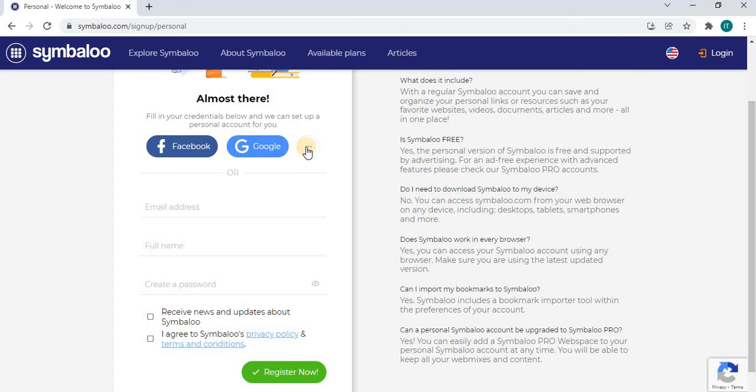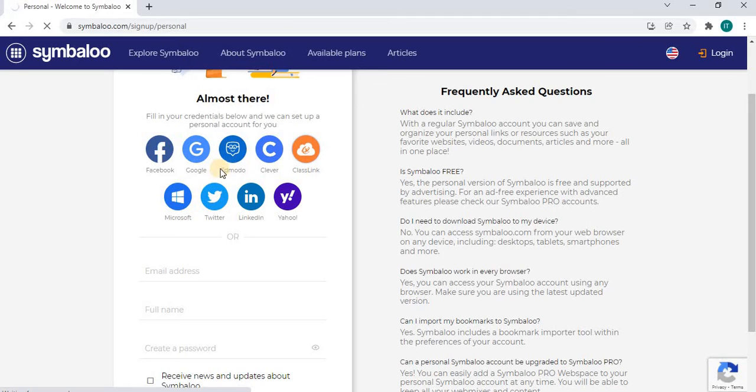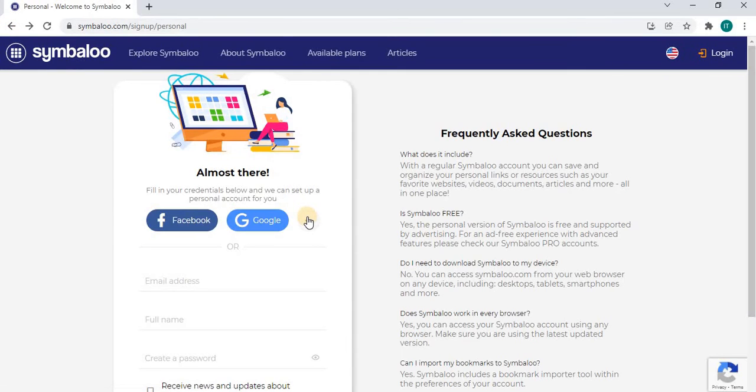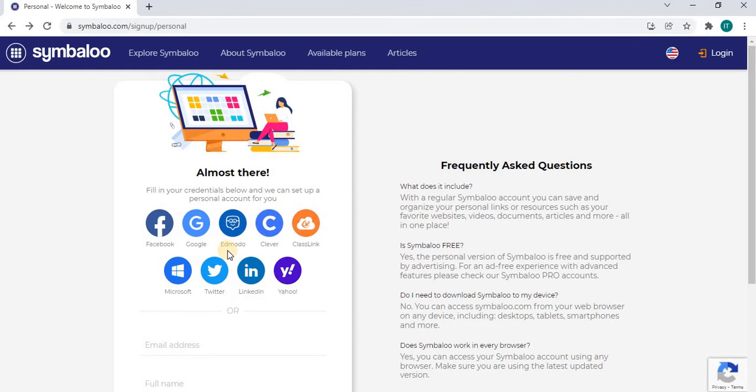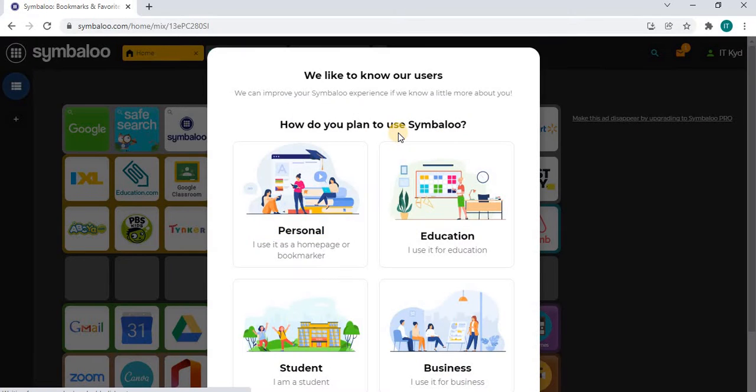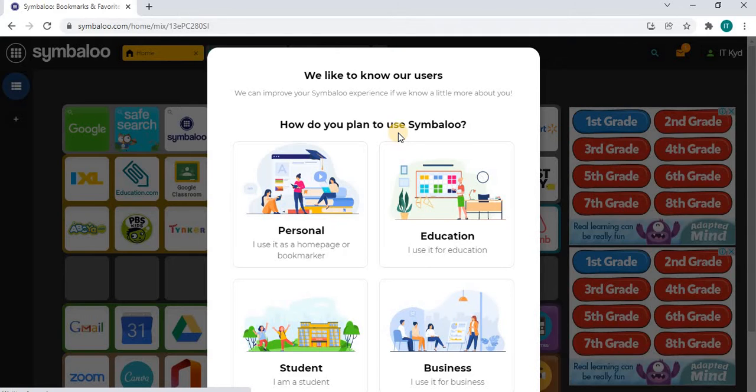I believe there are other options here using this icon. So we have other platforms. Let me just return. We have other platforms that we can use in order to sign up for the account. All right, so in this case, I'll just use my current Google account just to get me logged in. All right, following that, I use the button to sign in, and I am now presented with a